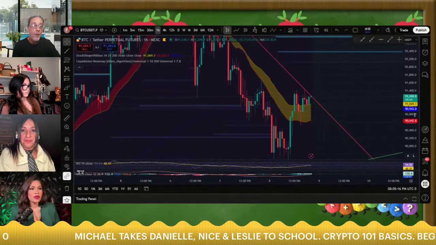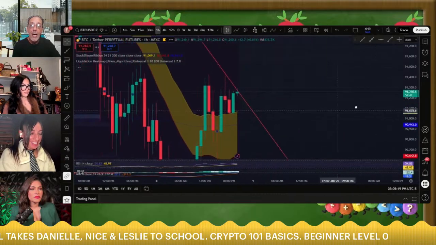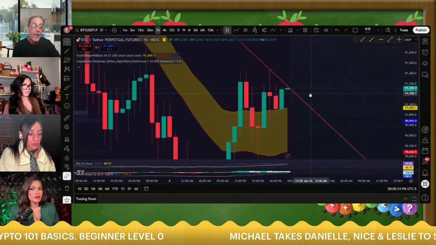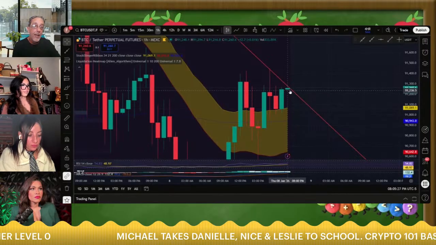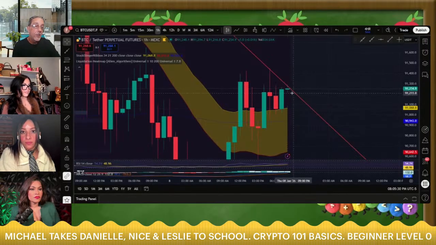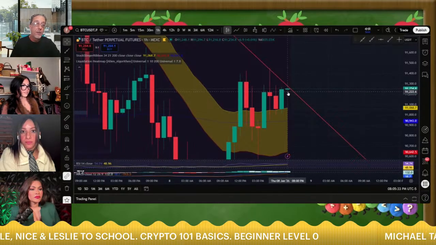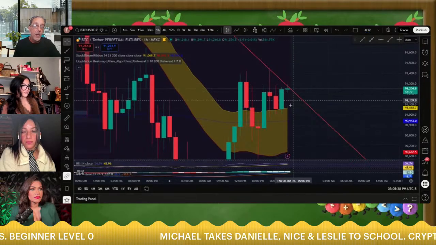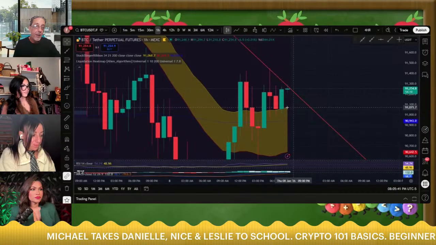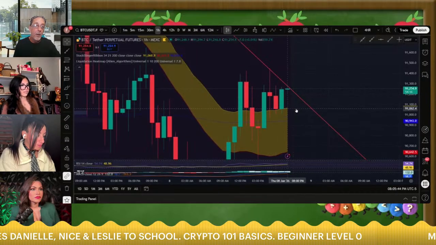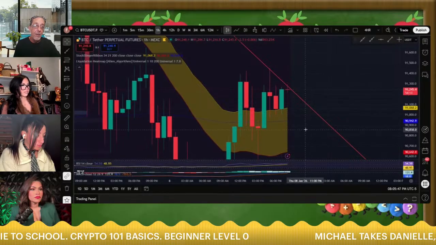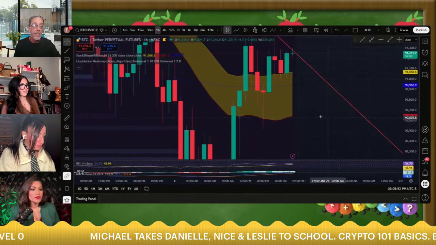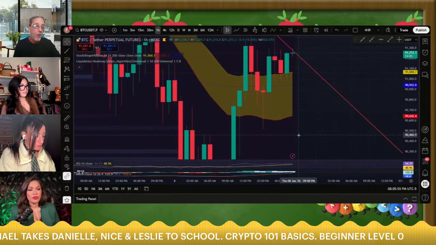I'm going to get rid of that, but on the hourly, so this is the hour chart. It went above it, looks like, a little bit, got rejected, came back down a little bit. Now it's trying again to come back over. So this hour, it's really going to make a decision. Is it going to come up and cross this thing and go up, or is it going to come back down, maybe retest this area right here for support? And if it doesn't hold here and it comes into this cloud, then it's more than likely going to come all the way back down towards 90,500, or in that ballpark somewhere.